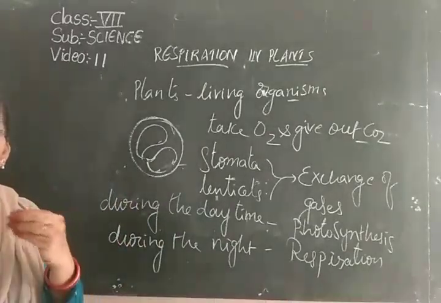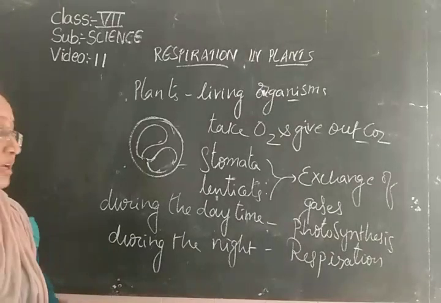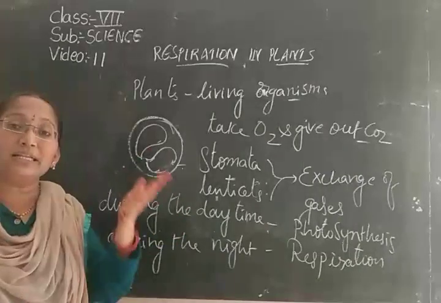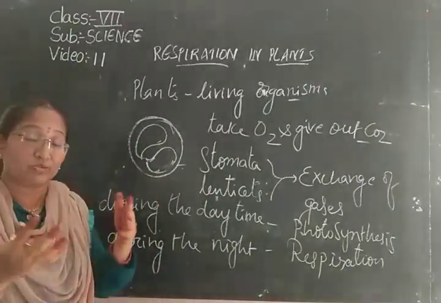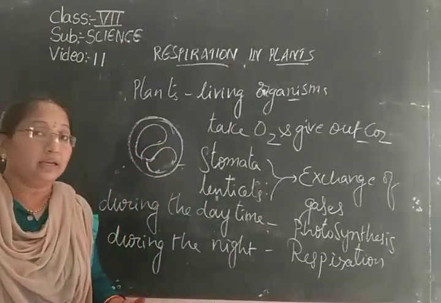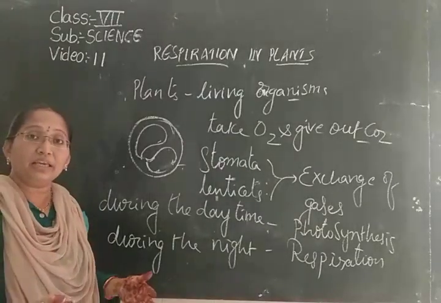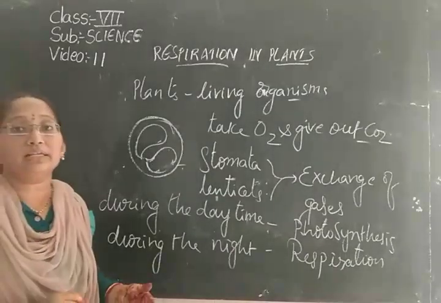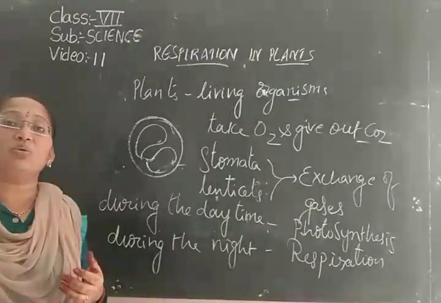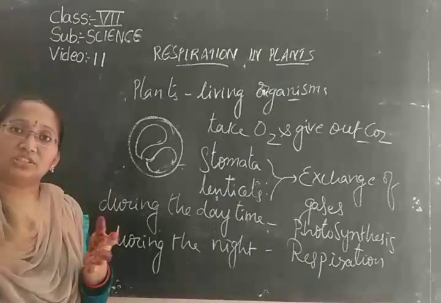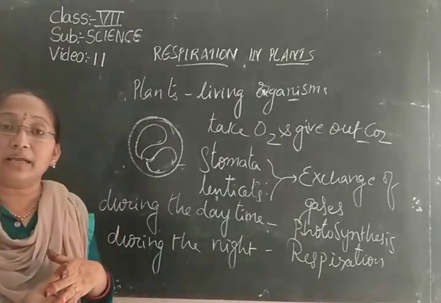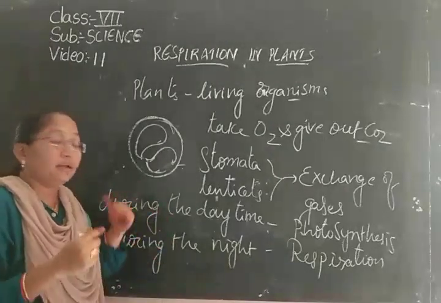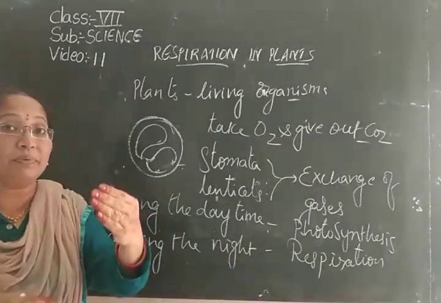Now, as a plant is a living organism, it is the source for all living beings to get food materials, isn't it? So they are the sources that provide us plenty of food materials which make us live like this. So definitely they should also have life. They are also living organisms. They must also undergo the processes of respiration, digestion, circulation and everything like us, isn't it? So apart from all those, today let us see how plants respire.